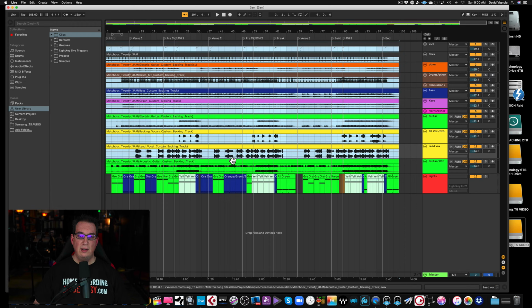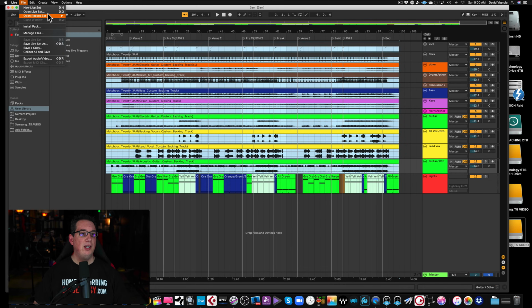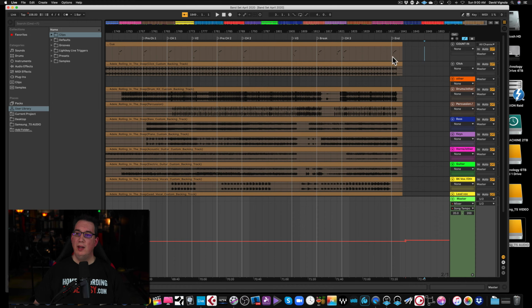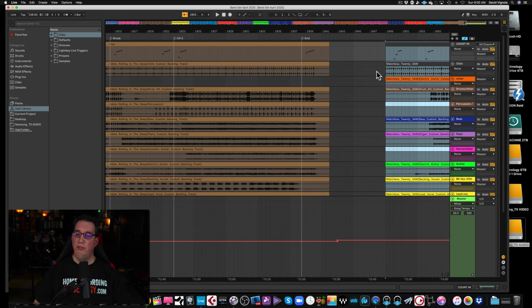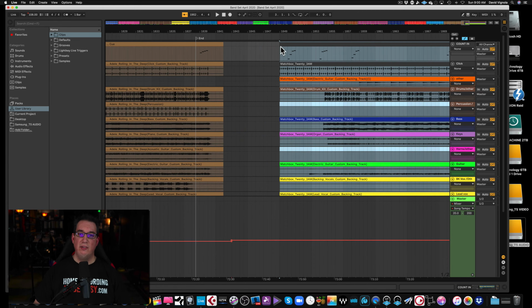Down to guitar. Then I'm going to do Control C or copy, right? I'm going to open up recent, go back to my band set. Let me just zoom in a little so you can see that. I'm going to come over to where I want my song to begin right here. Make sure I'm on the cue track, Control V, and here it is. And if I were to play it back,